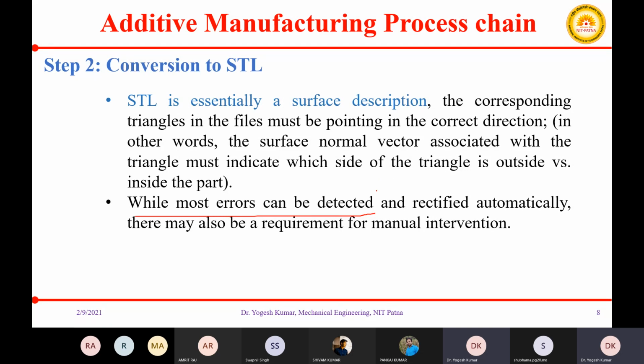Otherwise, in CAD modeling software, if your product is very large, you may not be able to detect them manually. So this repairing software rectifies these errors automatically as soon as you apply the particular filter.